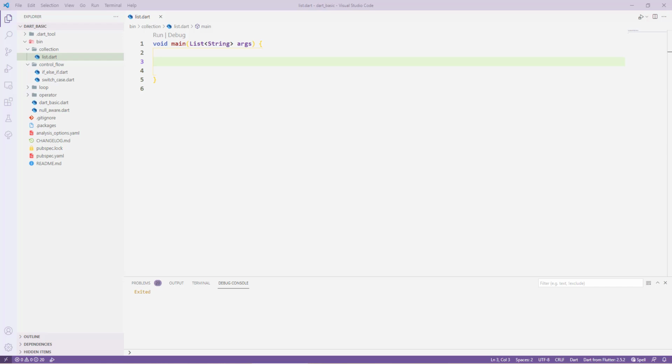Let us look into the collections of Dart, and first of all we'll look into the list, and then we'll see the sets and the maps later on. So we'll start with the collection, and previously we learned about the control flow. So let us take the list today, and I have added a folder called collection, and I have added